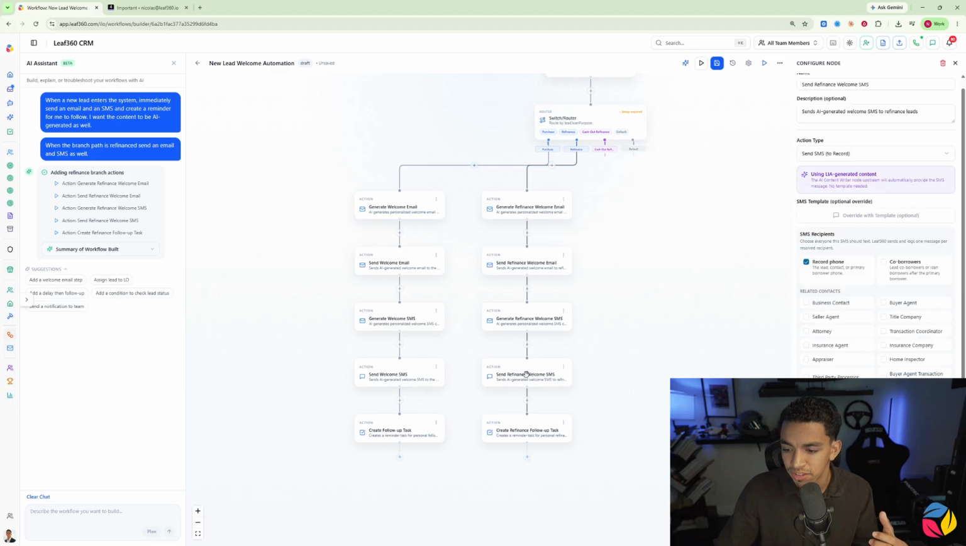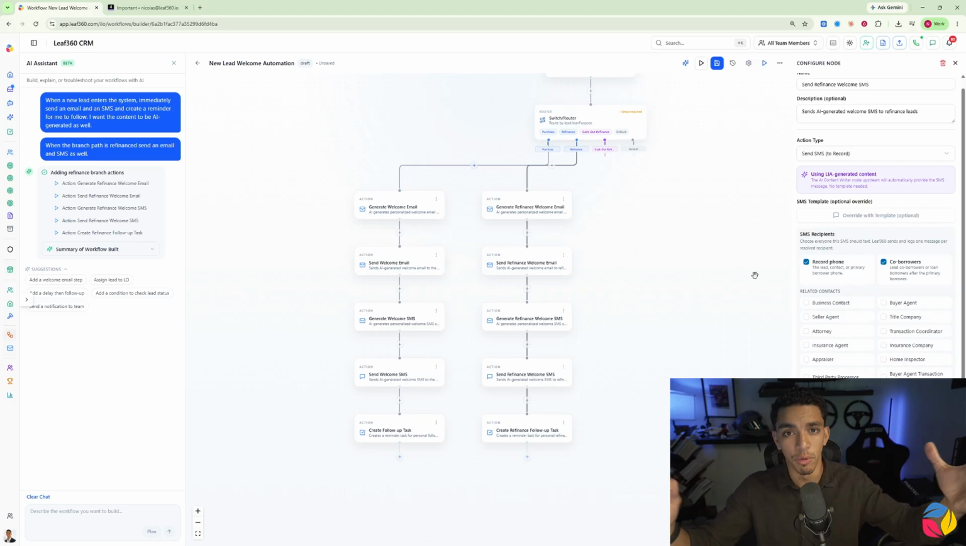Next up, on the SMS, the way that it works in here is I can send this SMS to the main record, and I can also send it to the co-borrower as well. So what it's going to do is send 2 messages out to both of them. That way you're making both borrowers feel like they're special, right? It's just acknowledging both of them. Obviously, I'm not going to select any of the other business contacts because I would want to cater specific